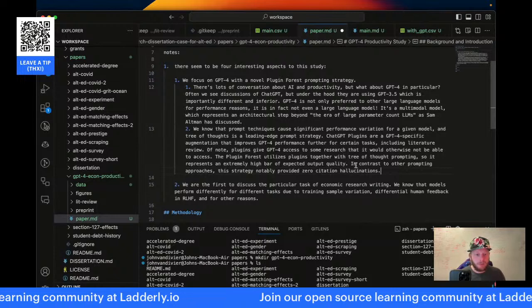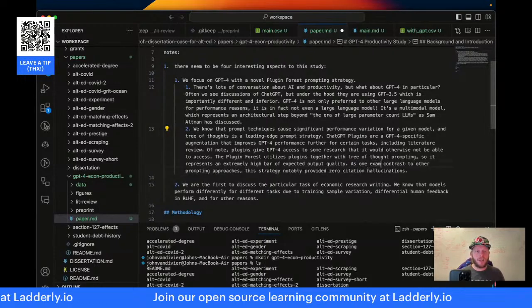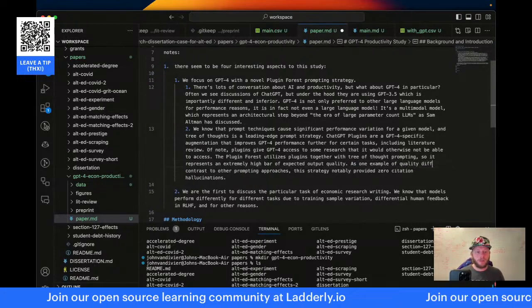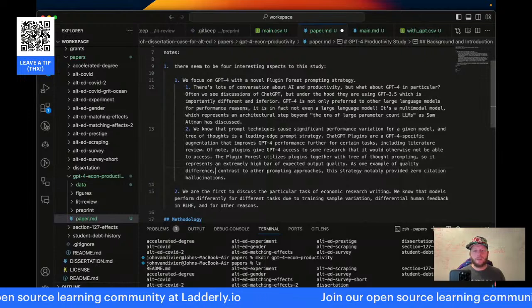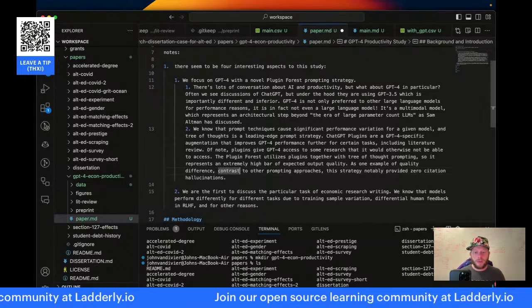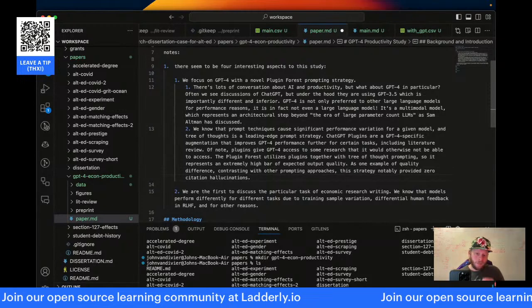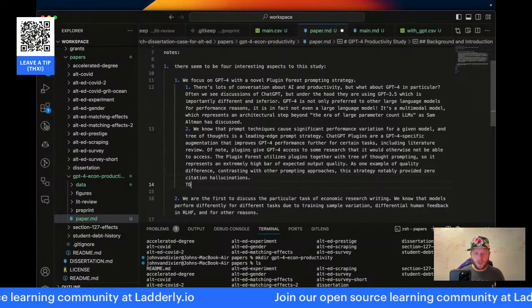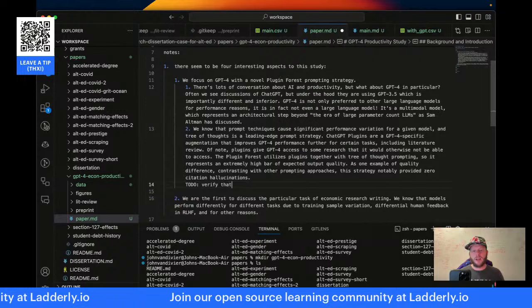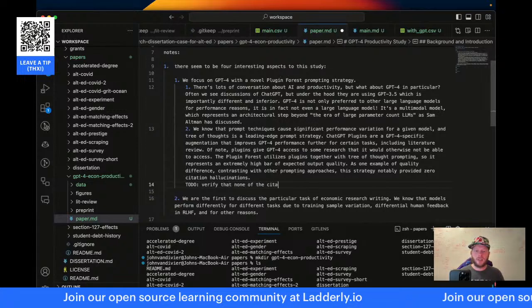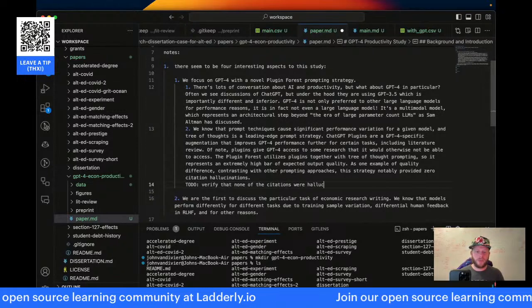As one example of quality difference, contrasting with... and here I'll say to do: verify that none of the citations were hallucinated.